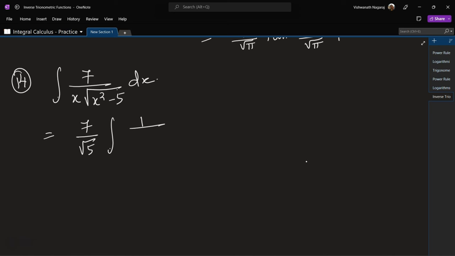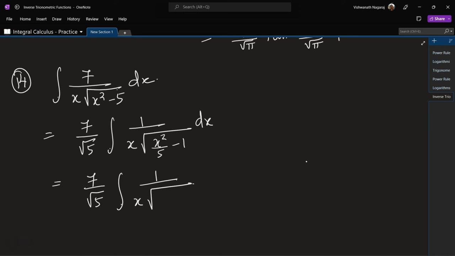We are left with 1 by x as it is, square root of x square by 5 minus 1, right, dx. And this can be written as square root of 5 integral of 1 by x times square root of, now we want the denominator also as a square, so x by square root of 5 square minus 1 dx,